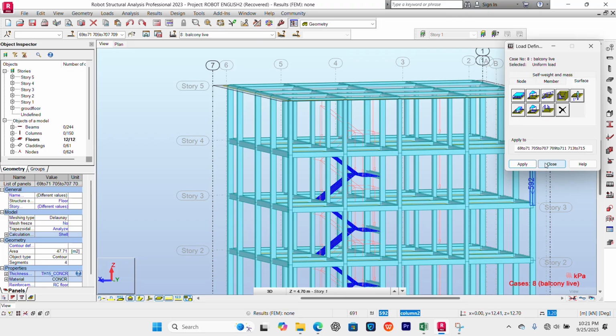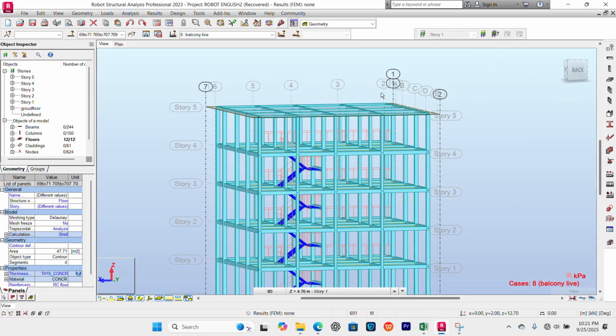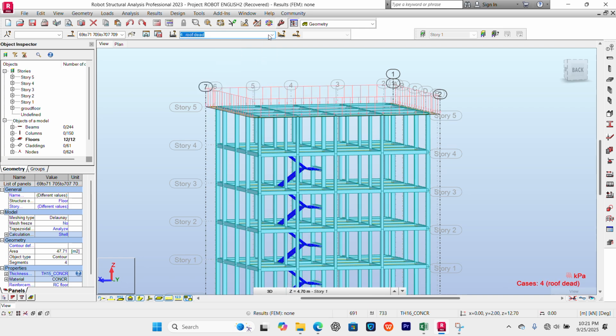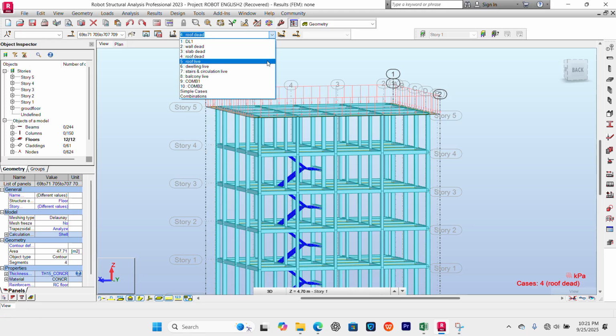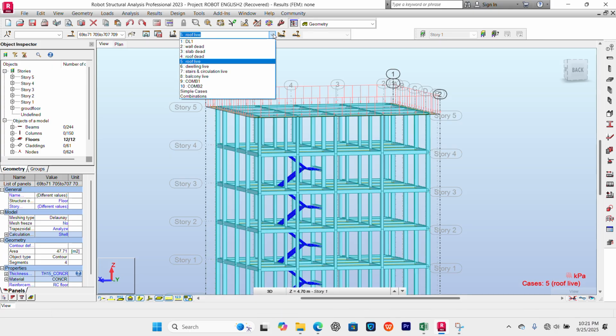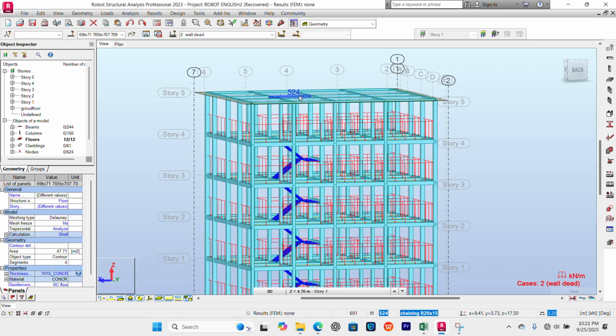So we can close now. I think we are done with the load application. We applied the one on the roof also. So after applying all your roof, you can check the load at the various stages just by changing the stage here. You see we are on roof live load, for example. All this load normally has been taken from the norm NFP. This is a wall load. You can see how it's going all through. So this is for the load application.